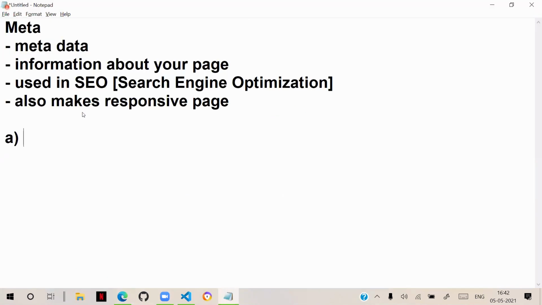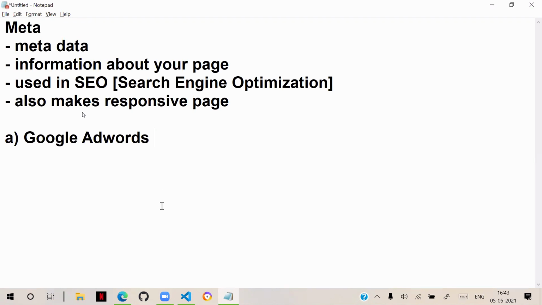One, Google AdWords. Google AdWords means they may be paying to Google. When they pay to Google, Google will keep their website in the top results.